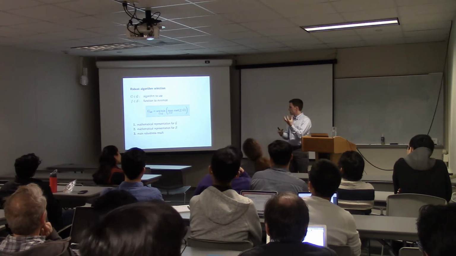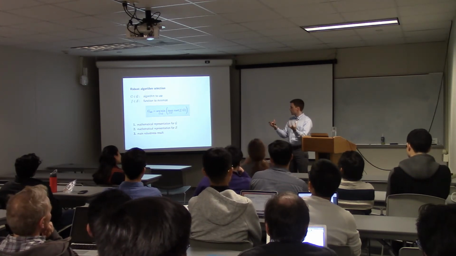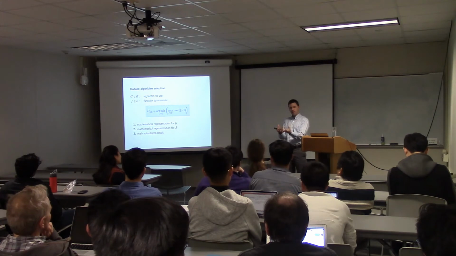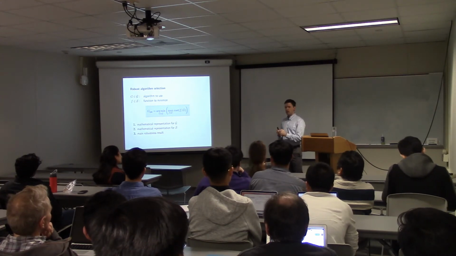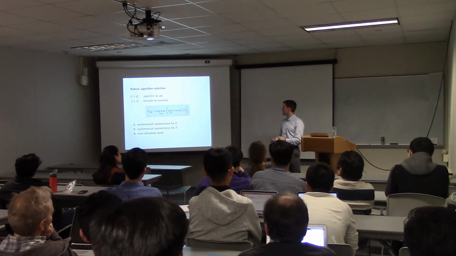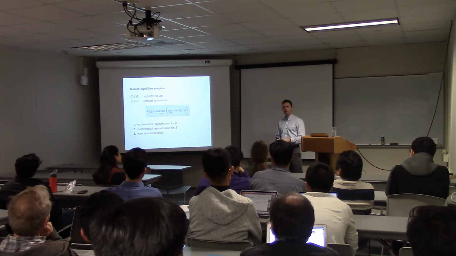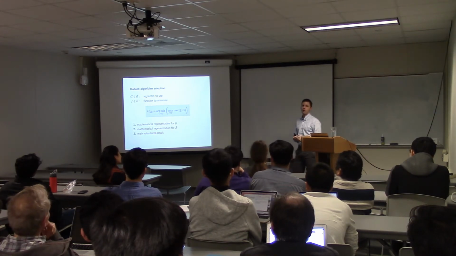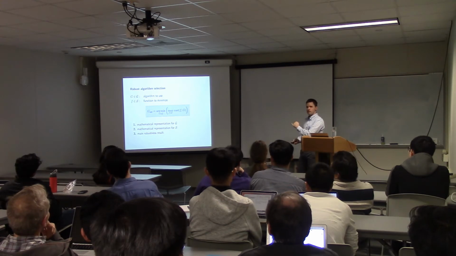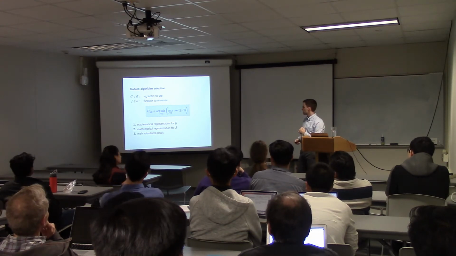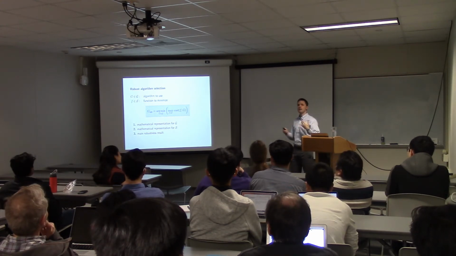And once we've got G and once we've got S and ways of representing those two things, then we need some sort of result that combines the two together and says, here's your new optimization problem, and its parameters are the representations for G and S. And once you solve this, then you'll have the information you want. So those are the three things I'm going to talk about. So let's start with how to represent G. How do we represent an algorithm?